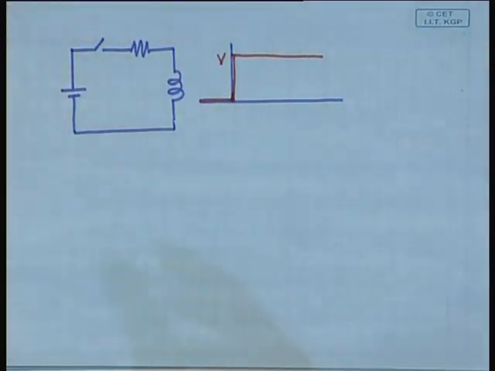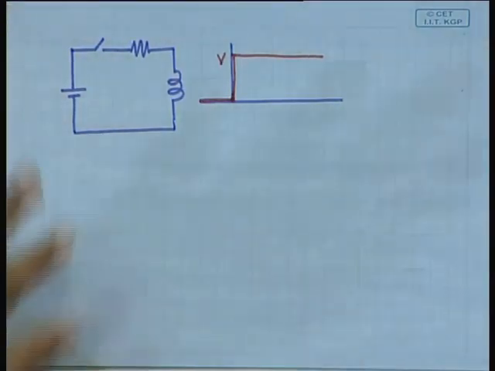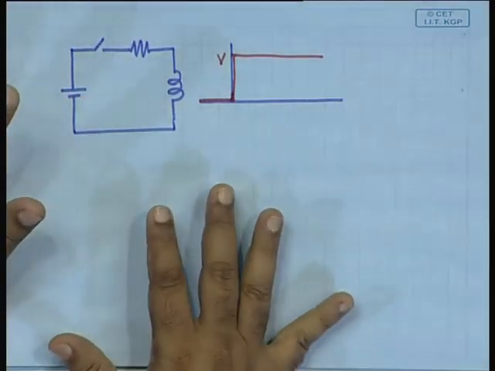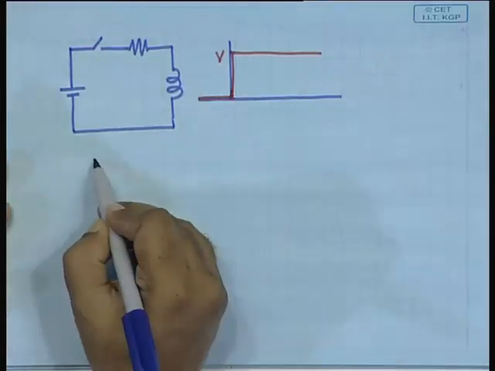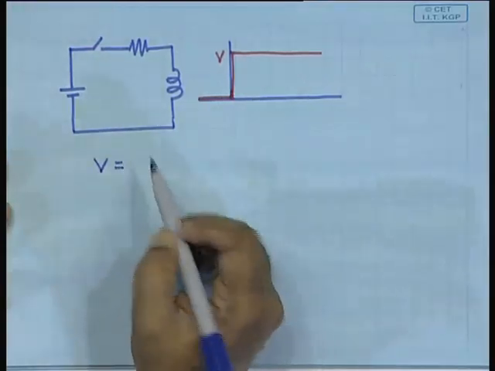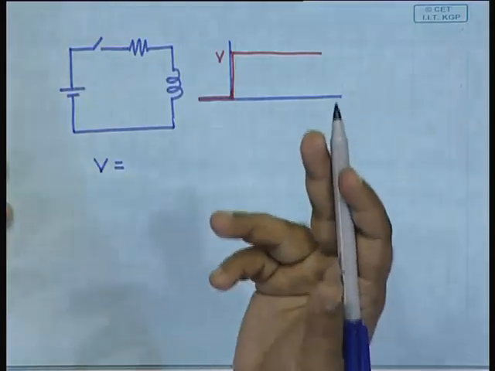In that case, how would you obtain the solution? Firstly, this problem is trivial and you have all learned how to obtain the solution in your math classes. But here we will do it in a slightly different way to obtain a bit of conceptual clarity, the way we wanted to do in this particular course. So, let us first do it the way you have already learned. What will you do? You will first write down the differential equation. The differential equation is V is equal to, from Kirchhoff's voltage law,